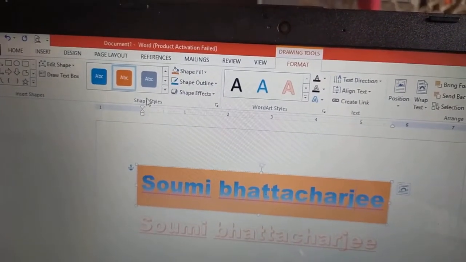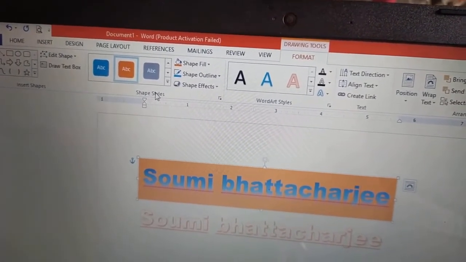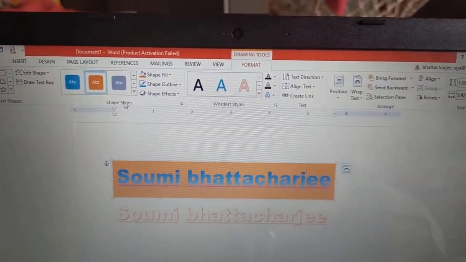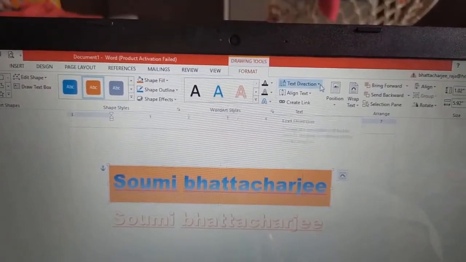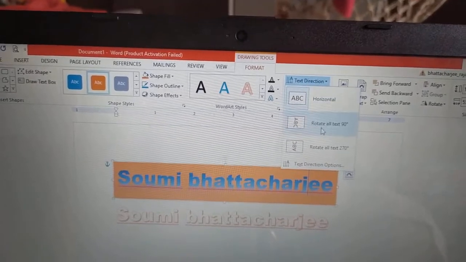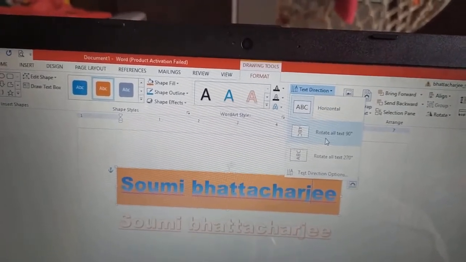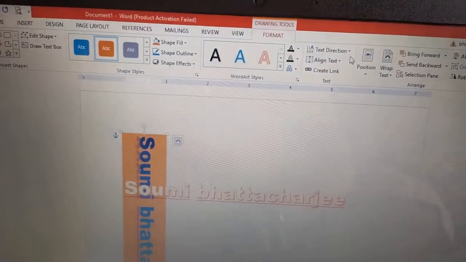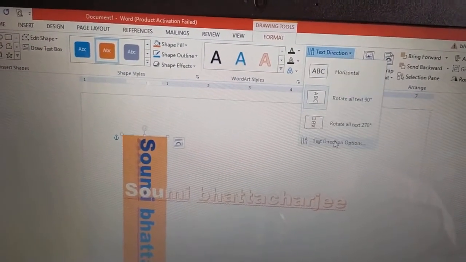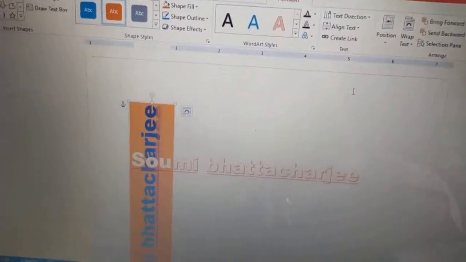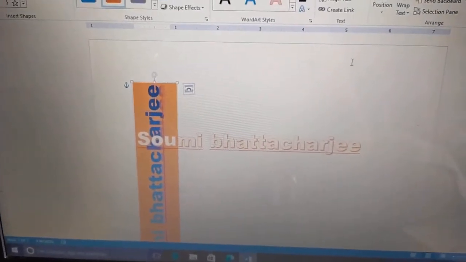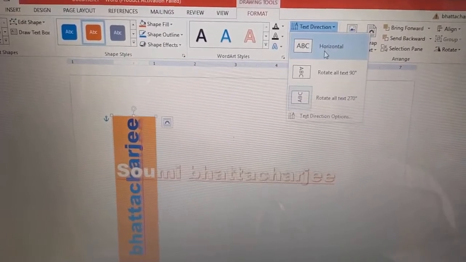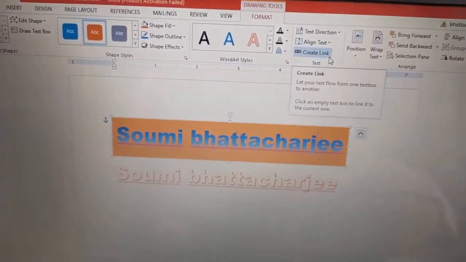The shape style is there. Text direction: in which direction we want our text. Suppose this direction. Many directions are shown to us. Suppose this one. Okay. This is the use of text direction.